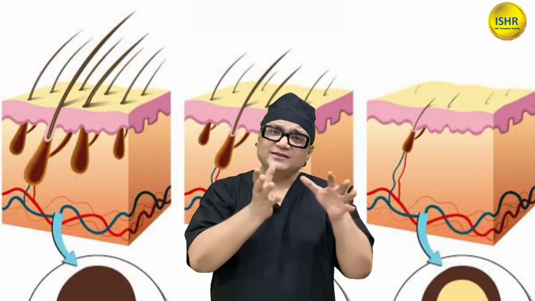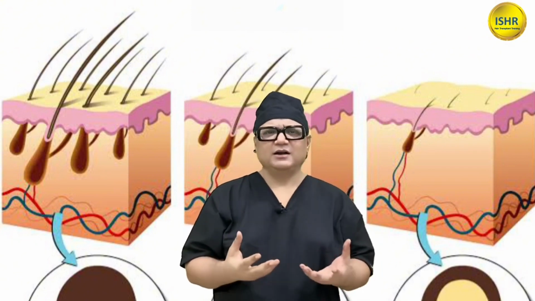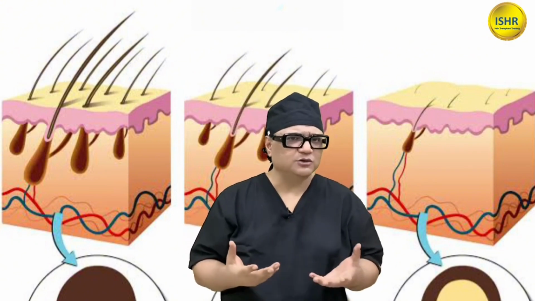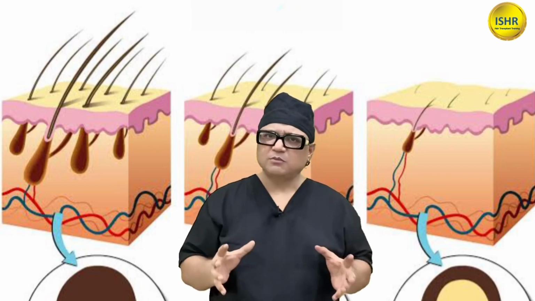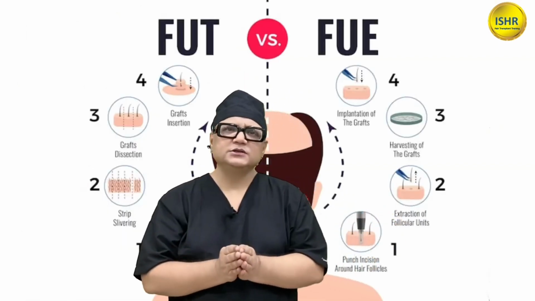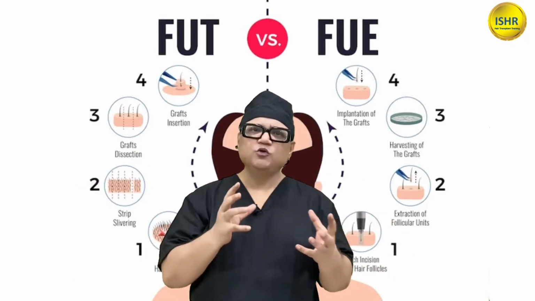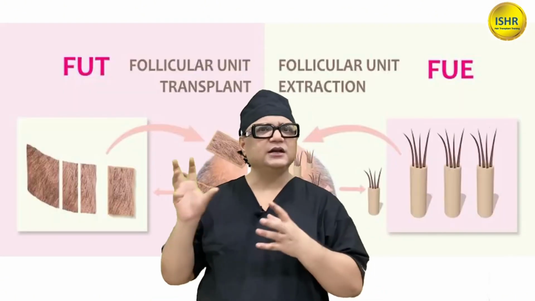Don't avoid transection. Initially you will have some transection, but as you become a senior surgeon, your transection rate should not be more than 3%. So there will be a whole discussion about the science of hair graft extraction and how to prevent transection for better hair transplant results. We will also discuss comparison between FUE, the new technique where you take out single grafts,